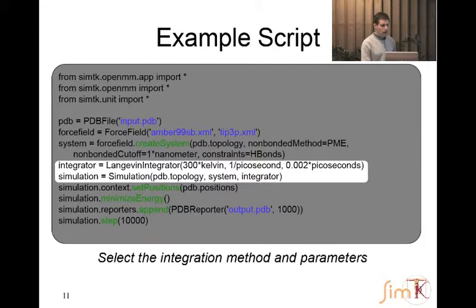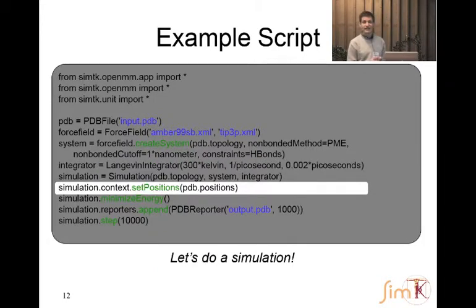So we've set up all our options. Now we're ready to actually begin a simulation, to run something. And the way we do this is to create a simulation object, and we pass it the information that we've loaded from all these earlier things. And this is when it actually says, OK, let's allocate memory for all these things. Let's go and get everything set up on the GPU. Now we're all ready to run a